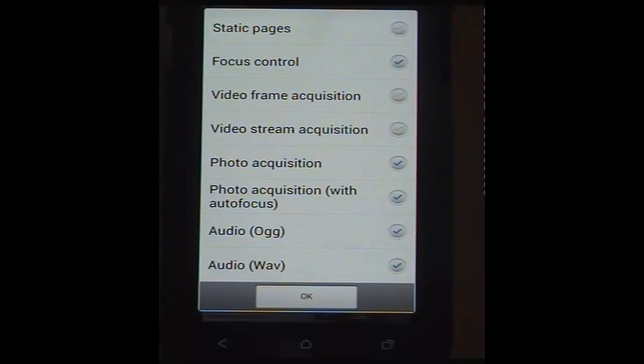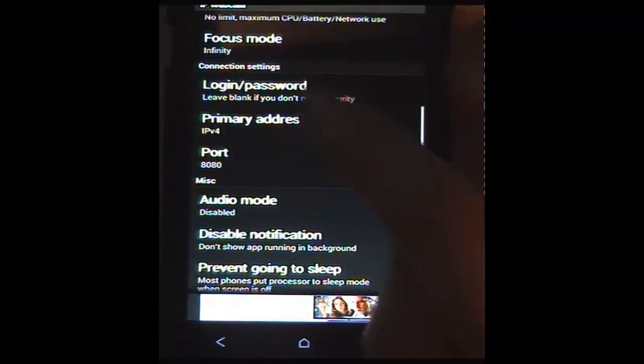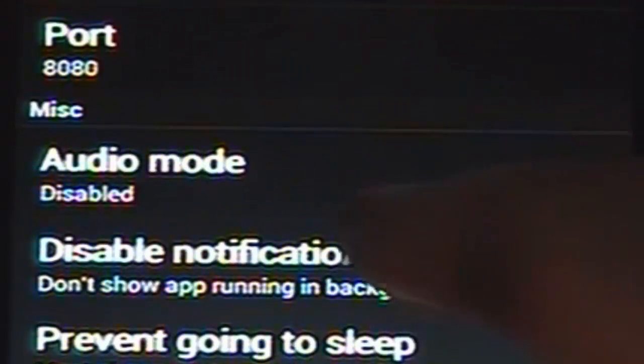what it means is people can get onto it, they can view it, but they can't do anything else. They can't listen to it, they can't download pictures, they can't control the LED, which is a really cool feature. They can't do anything, it's just viewing. And to change the viewings, you can just tick them. If you want to tick them all, it means it will log in literally as soon as you type in the code. Then you've got the IP address, which leave at IPv4, and port 8080, which is just an audio